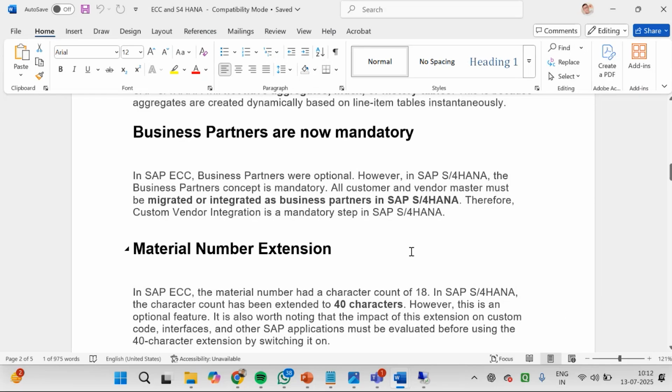But now in S/4HANA there is a concept called business partner, यानी कि कस्टमर हो या वेंडर हो, उसको हम बिजनेस पार्टनर बोलेंगे। बिजनेस पार्टनर का कॉन्सेप्ट क्या है कि कस्टमर भी कंपनी का एक बिजनेस पार्टनर है, वो ट्रांजेक्शन कर रहा है, और सप्लायर वेंडर भी बिजनेस पार्टनर है, वो भी कंपनी को सप्लाई कर रहा है। दैट कॉन्सेप्ट इंट्रोड्यूस्ड इन S/4HANA। ये सारे डिफरेंसेज आए हैं, लेकिन यू ऑल,